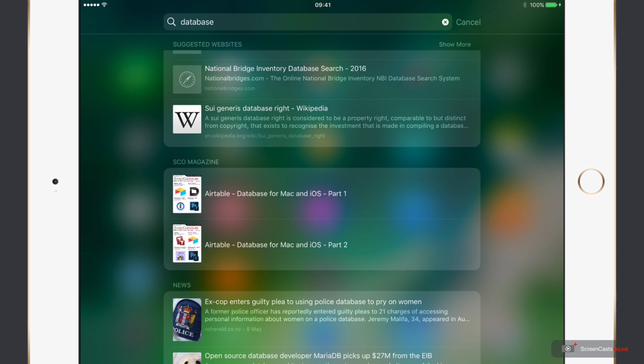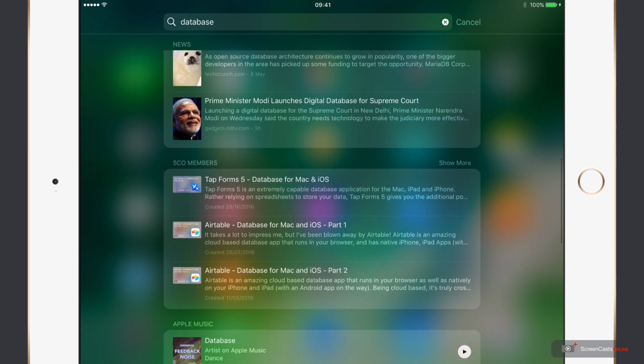Now, the Screencast Online magazine is also Spotlight enabled, so you can actually see here I've got 2 issues of the Screencast Online magazine on my device that has a reference to Airtable database for Mac and iOS, parts 1 and part 2. So I could go straight to the magazine, but if I keep scrolling down, here we go,